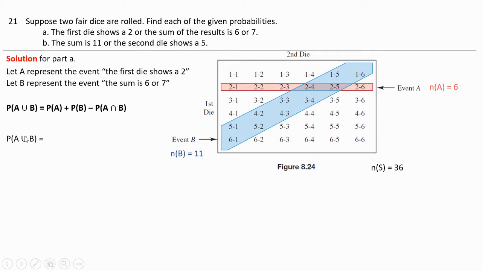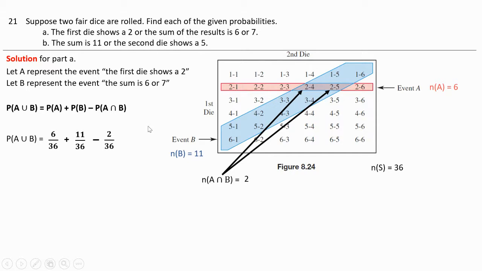That order, guys, means union. So the probability of A, which is the first die is a 2, is 6 over 36, plus the probability of B, which is the sum is 6 or 7, will be 11 over 36, minus what do they have in common? What do they intersect? They intersect here. What they have in common is that one and that one, so it's going to be minus 2